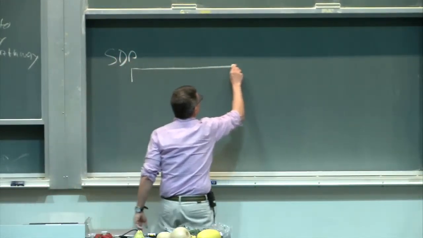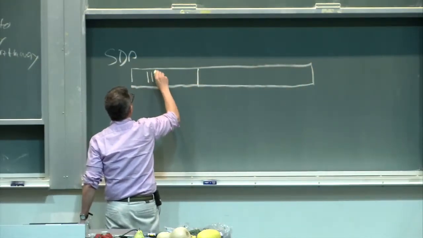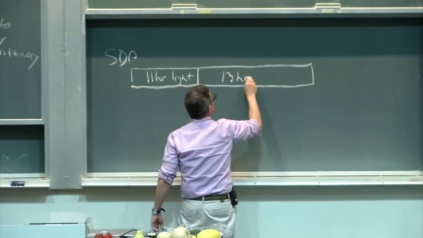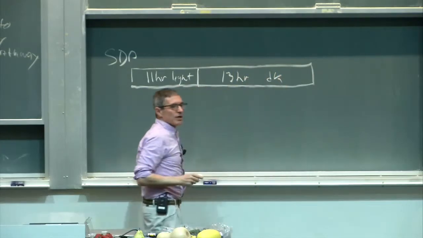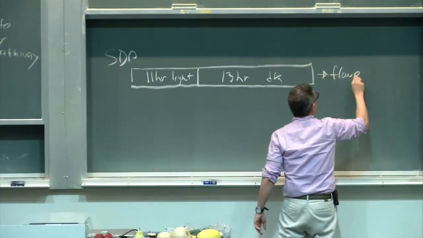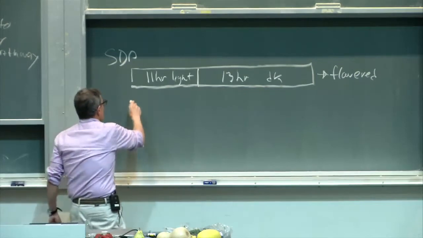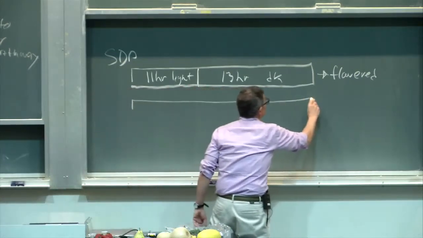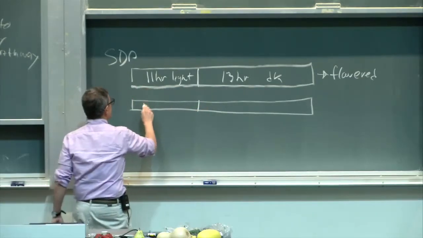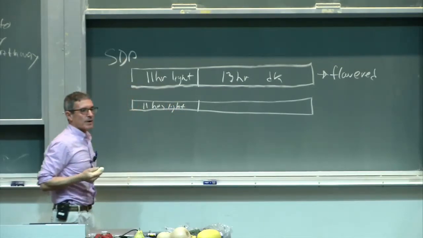Let's put our short-day plant up here on the board again. We'll make our 24-hour clock as we had before. On this short-day plant, we have 11 hours of light and 13 hours of dark. Under these circumstances, this plant, as we said before, flowered. Now we'll make a second clock underneath. The plant had 11 hours of light again, but something happened in the dark period.